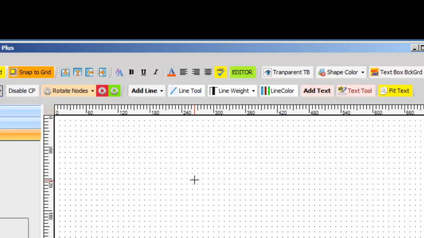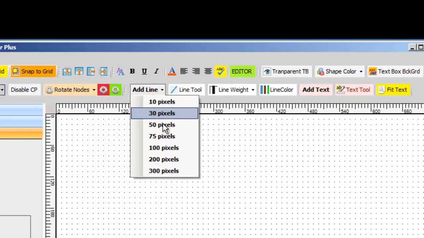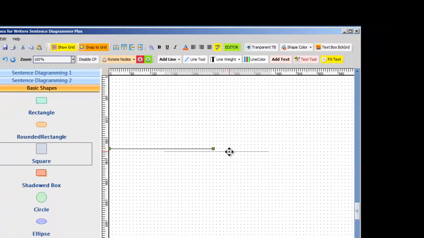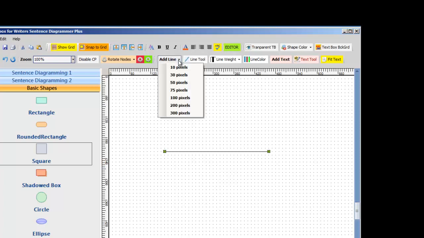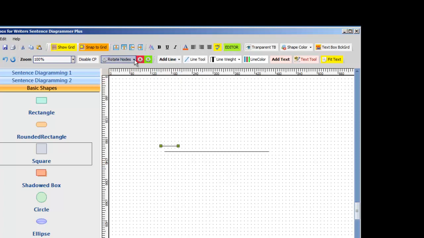These, on the other hand, you have to click them and create the line or create a text box. Whereas here, I can add a line. There's a drop down for different sizes. This is your baseline, for instance, a 300 pixel baseline. And then you might want to use your line tool. You might want to add another line and use your rotate